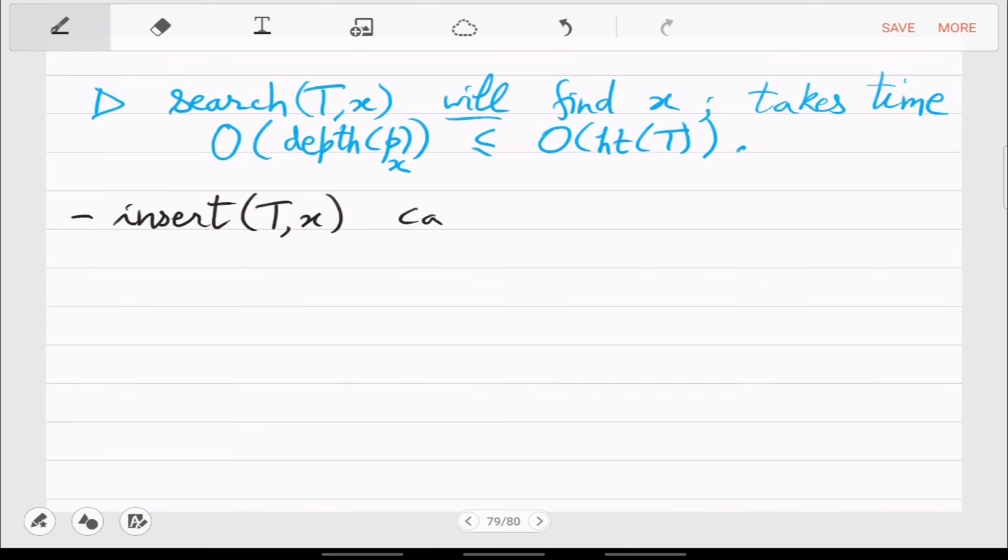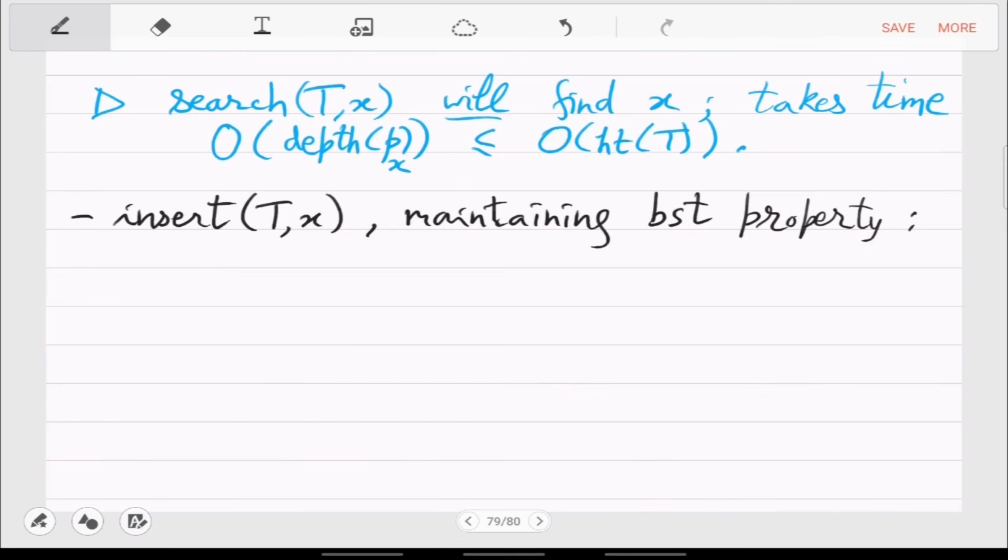But let's anyways try to insert a node somewhere. So insert Tx, maintaining BST structure. How do you do that?